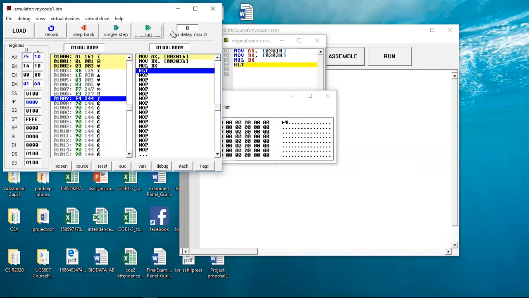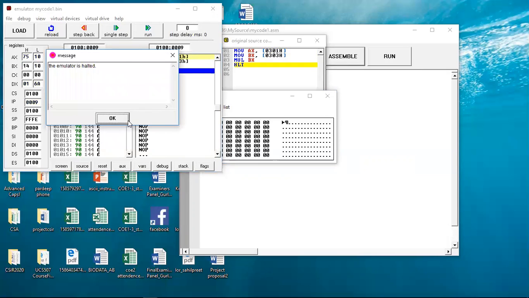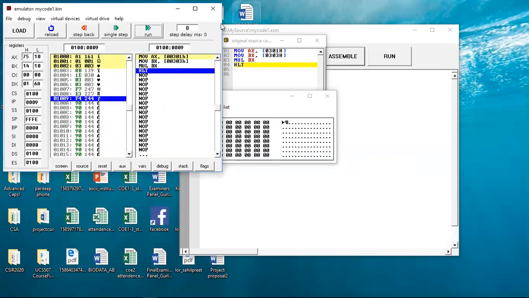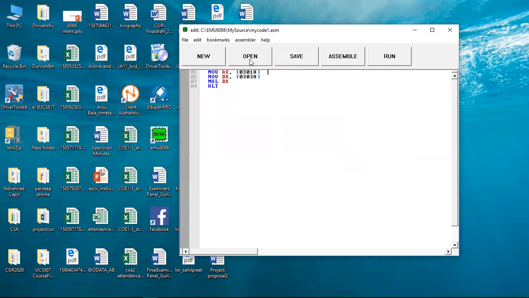Now the motive of this example is mainly how we can perform the operation, like if you are taking the multiplication instruction.